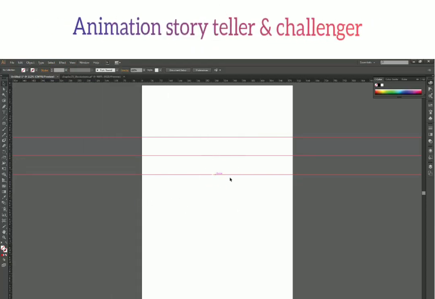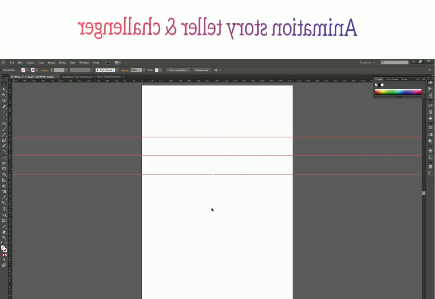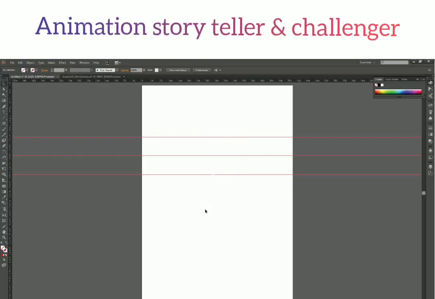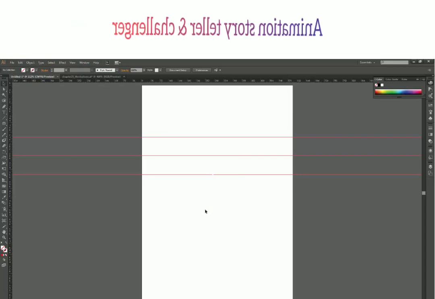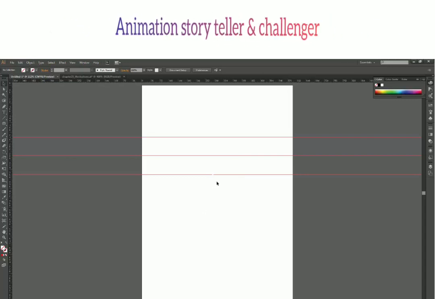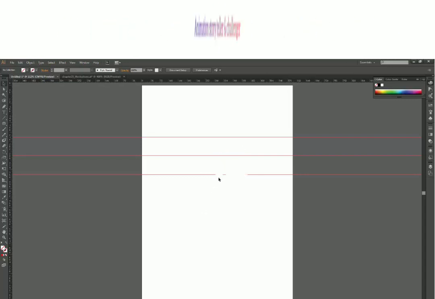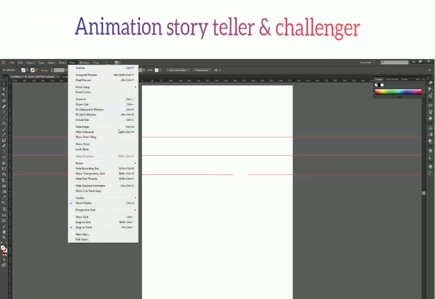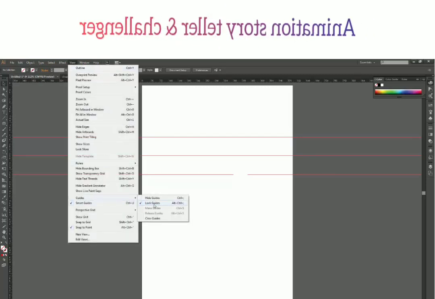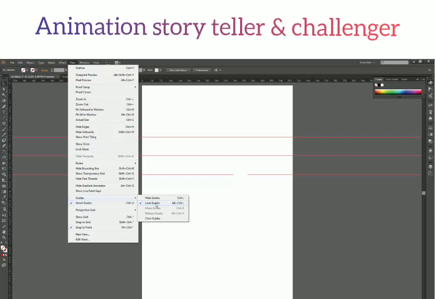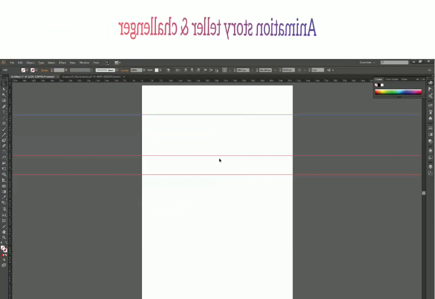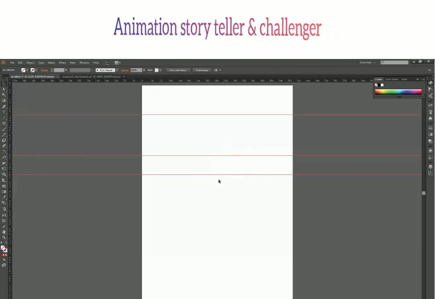But these two guides at the bottom have an extra level of lock now. It's like they are locked two times, so I have to unlock them two times. But it's not visible anywhere that I have locked them two times. So while unlocking, I could have imagined that, okay, go to View, Guides and uncheck this to unlock all the guides. And okay, my guides are unlocked, but these guides are not moving.